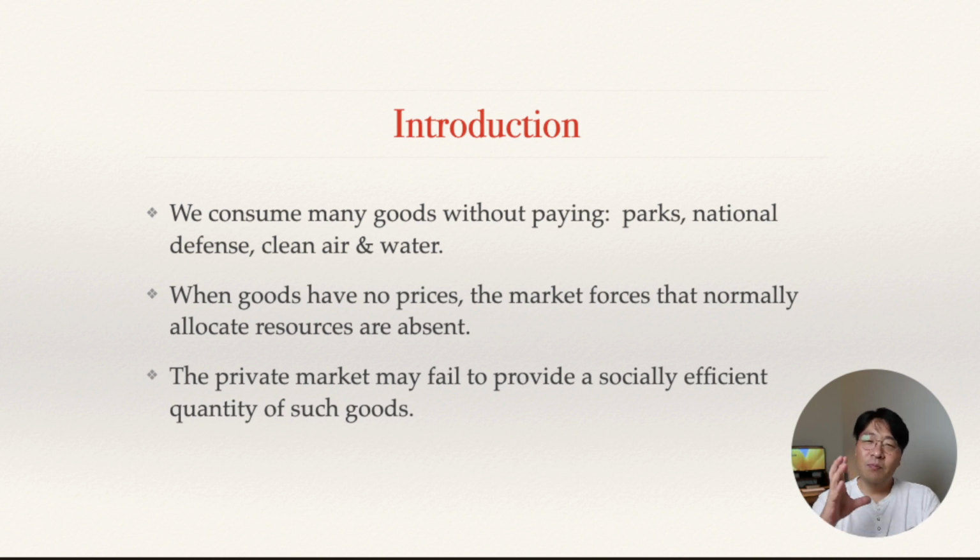The private market cannot handle public goods because of the characteristics that public goods have. That's what we are going to see. That's why a socially efficient solution cannot be derived when some goods and services belong to, or have, that characteristic of public goods. It makes the market fail. Let's see one by one.